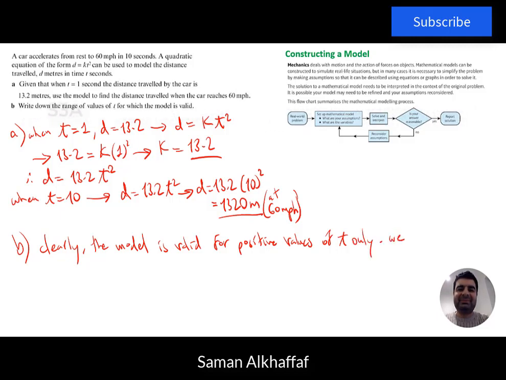We are also unsure of what happens after t equals 10,